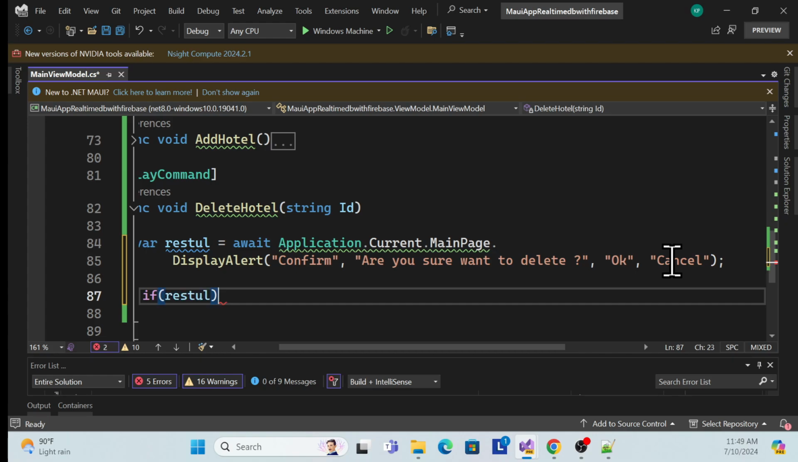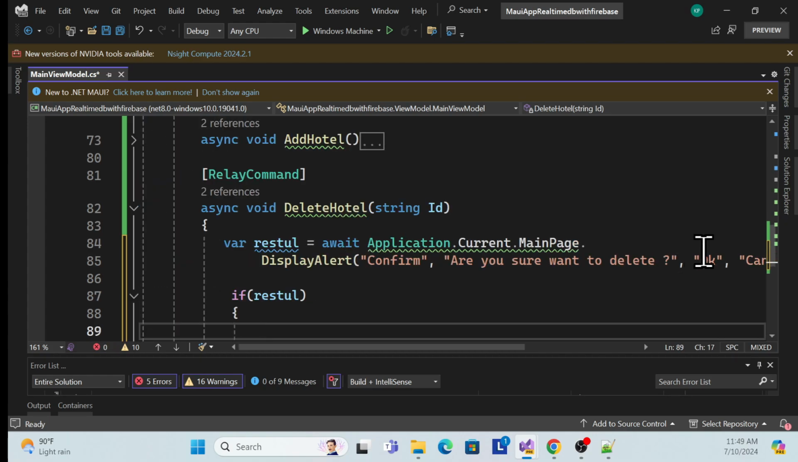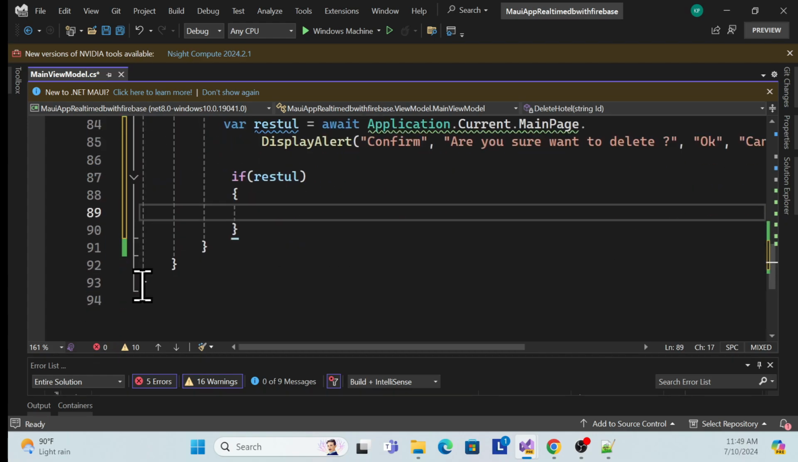So if it is result okay, then I can perform my operation from the DB. Yeah, this should be a delete, right? So for the DB operation for Firebase DB, I already did that. So what I can do, I can use that await, and then I am using that Firebase client which I already injected in this view model. So use that guy, and here we have a child